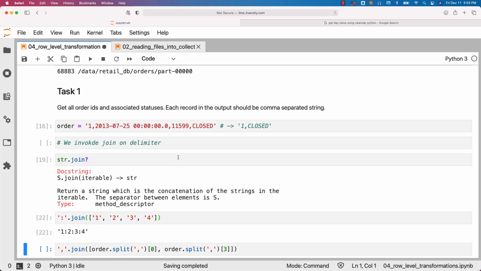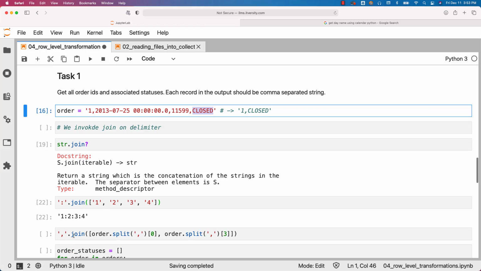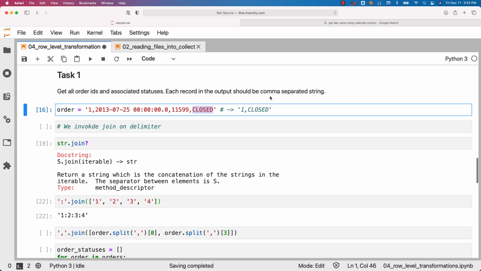Now, once we extract the ID and status, we want to concatenate those things using comma. That's where this join function is relevant for our problem statement of get all order IDs and associated statuses. Each record in the output should be a comma separated string. So we need to have order ID and status comma separated for each and every element from which we have